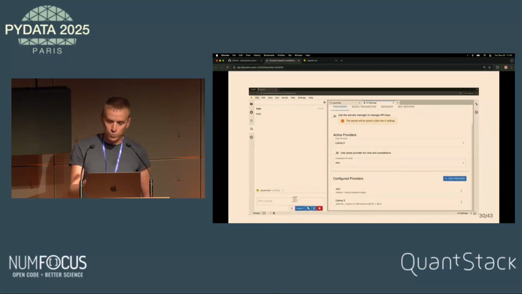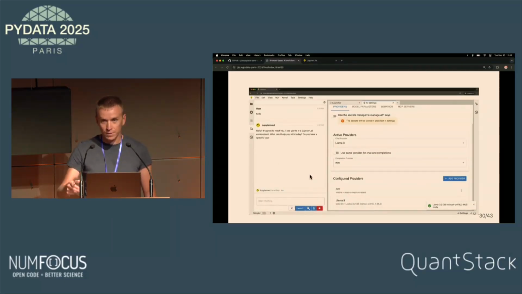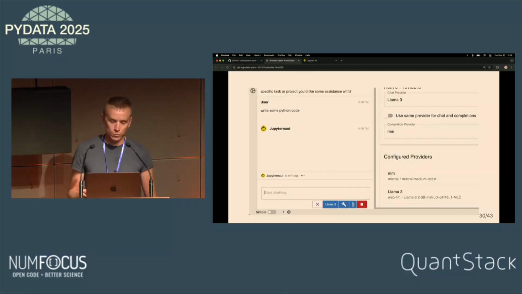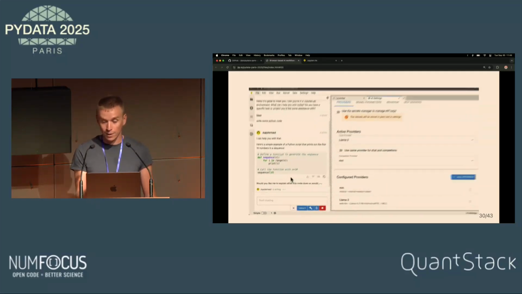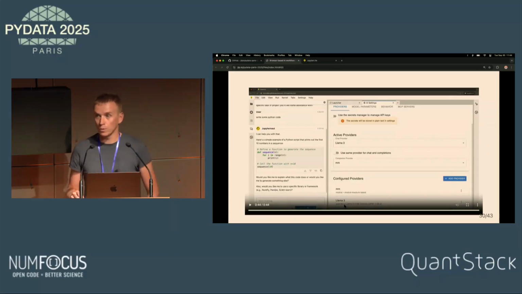What happens if you want to use such a model is that you need to pay the cost of downloading. I think in the case of Llama, it's a bit more than 1 gigabyte. So of course I was not going to do that on the conference Wi-Fi. Here the video is a bit sped up, and you see that once it's downloaded, it's cached in your browser, and then you can come back and play with the LLM, and nothing goes outside of your browser, which is quite nice. It's of course not as powerful as the latest cloud models or Mistral or the frontier models, but it can still be useful for some cases.